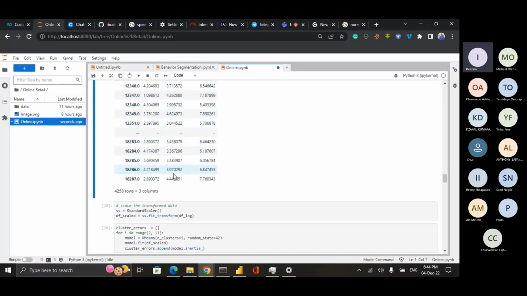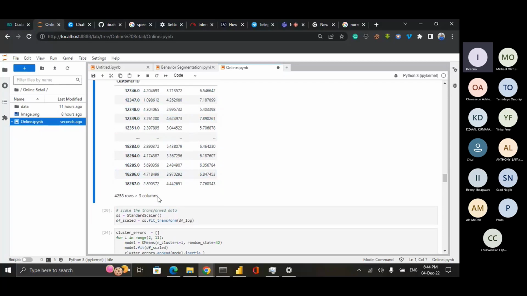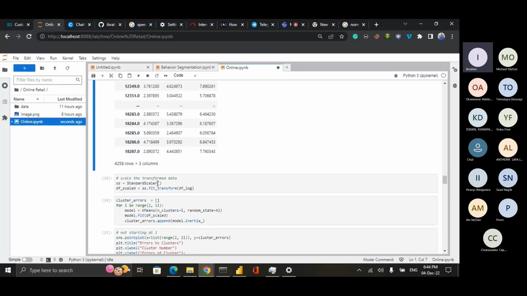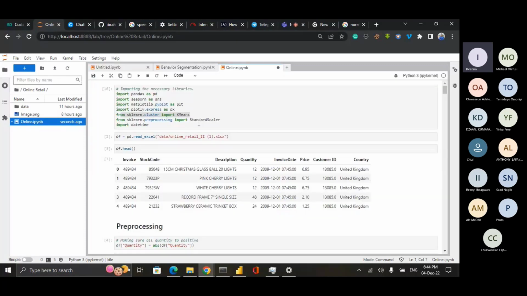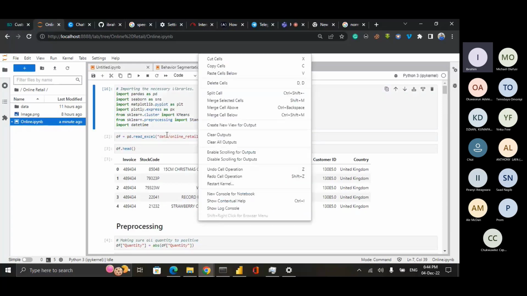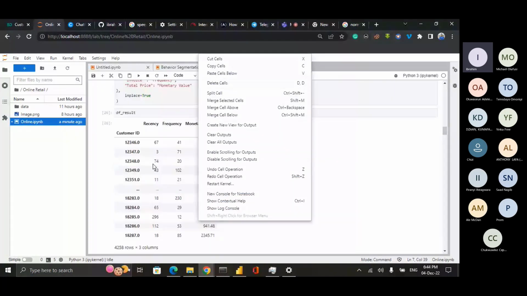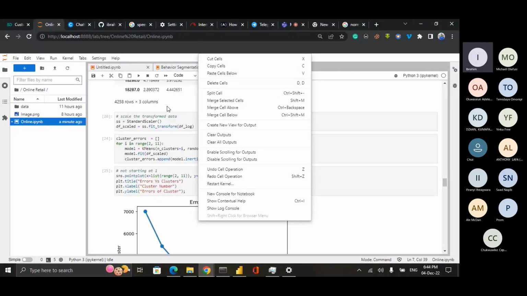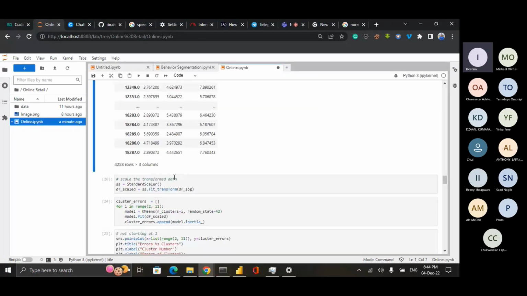But they are not in the same scale. So to make sure that they are in the same scale, we make use of a scikit-learn library, which we call standard scaler. So this is why I was saying we'll get to know the reason why we are making use of standard scaler. So standard scaler will make sure that the entire data set, our df log, is in the same scale. So once we do that, we can see that,